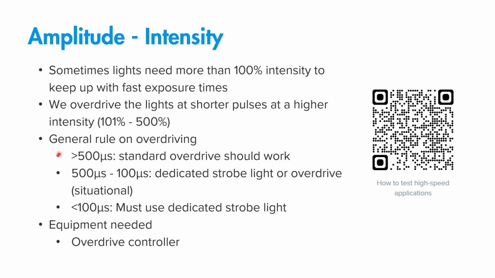It does depend on what we're looking at, what light we're using, what defect we're solving, stuff like that. So it's not a hard and fast rule, but for the most part, around 500 microseconds, an overdriving controller with the standard light's fine. Between 500 microseconds and 100 microseconds, that's when you could kind of do both. It's situational. The dedicated strobe light might be your best bet, or overdriving is still sufficient, and it's hard to say. Once you get down to around 100 microseconds or less, then you're pretty much locked into a dedicated strobe